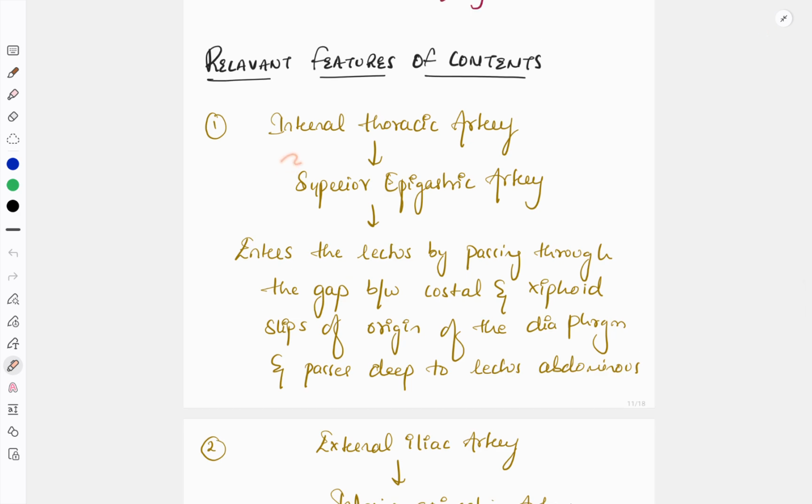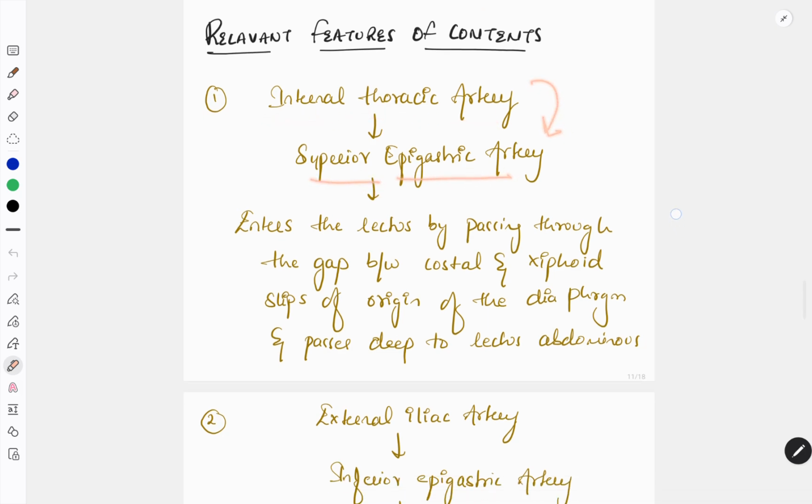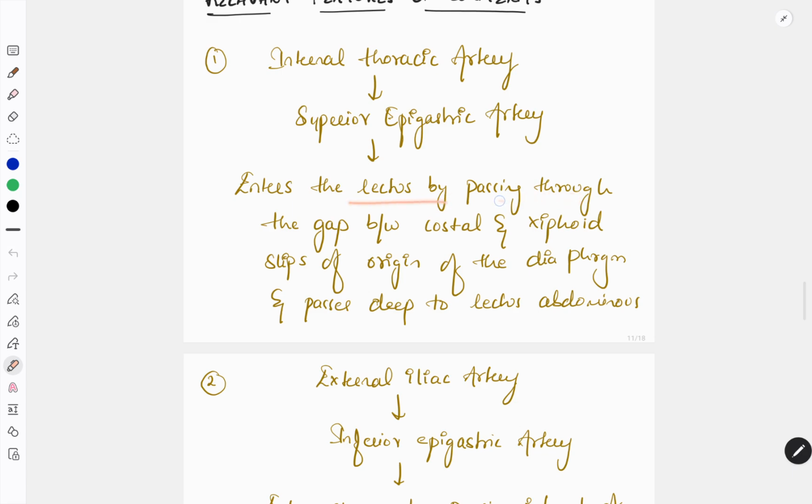So first, we learned that the superior epigastric artery is a content. So we will study a bit more about this. It is a branch of your internal thoracic artery. Okay, the internal thoracic artery gives a branch to the superior epigastric artery, and this artery enters the rectus sheath by passing through